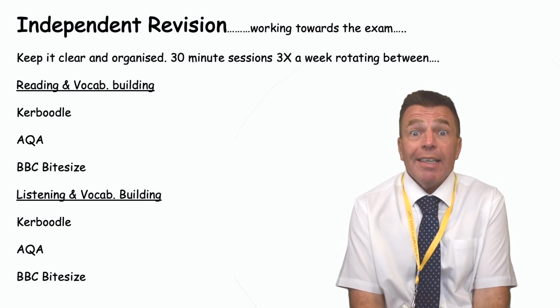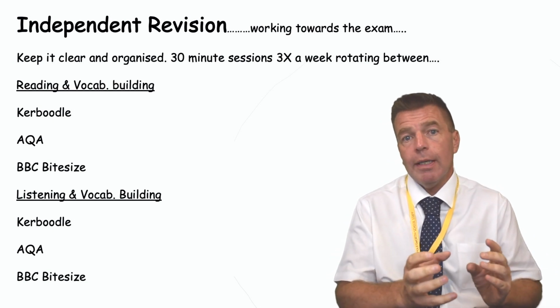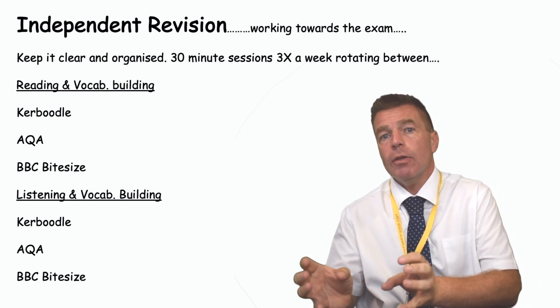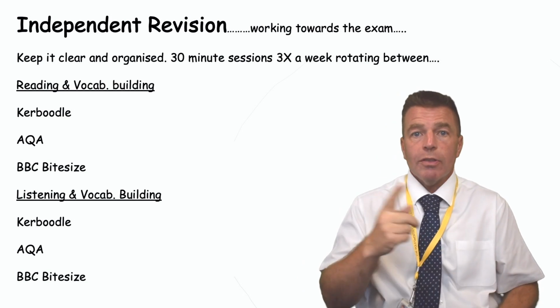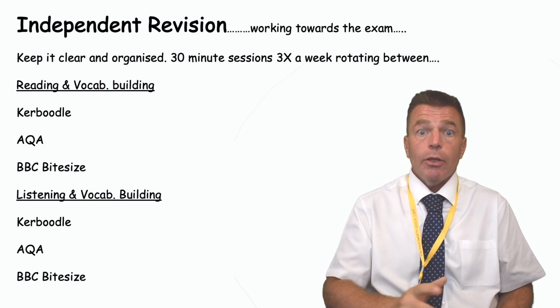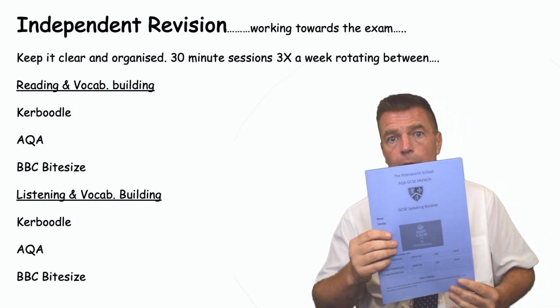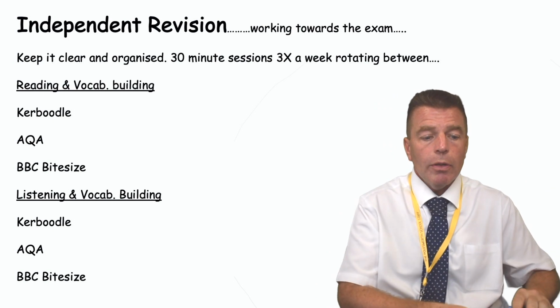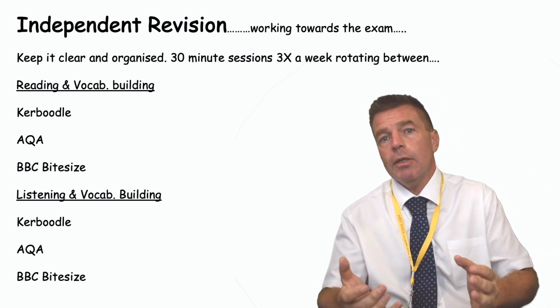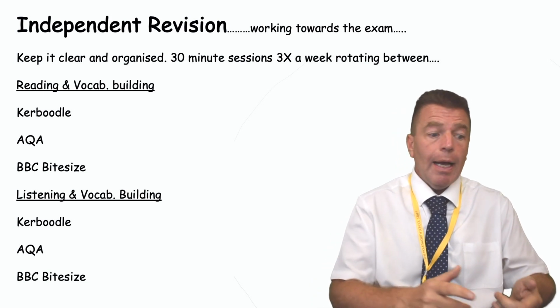Now, role plays, again, a repetitive approach I would recommend. So what you're going to be doing now is these 3 by 30-minute slots. You're going to be rotating around the different skills. But with speaking, you're going to spend the majority of your time with the purple booklet, but you're also going to have some 30-minute sessions with photo description and